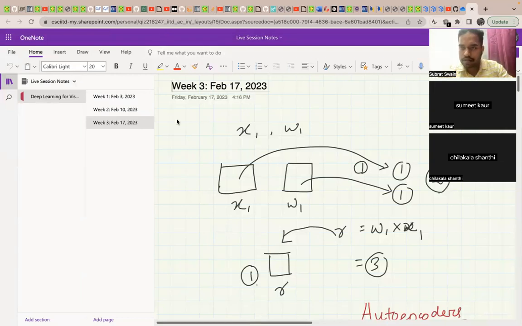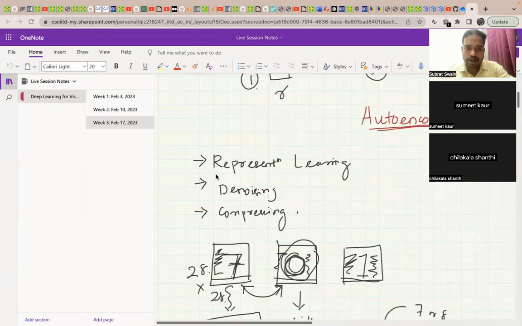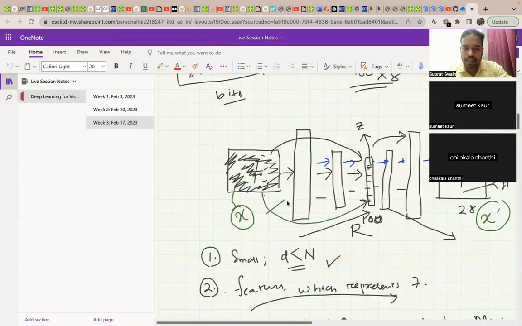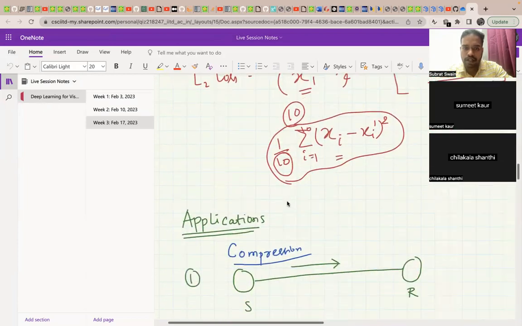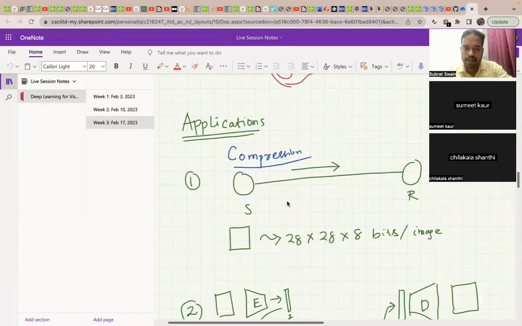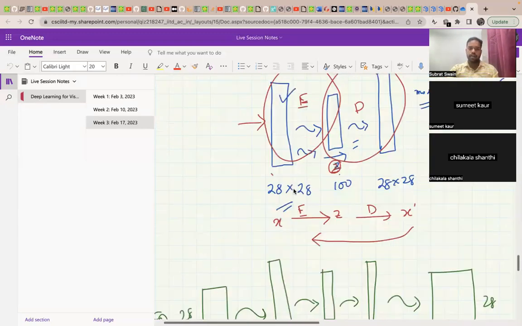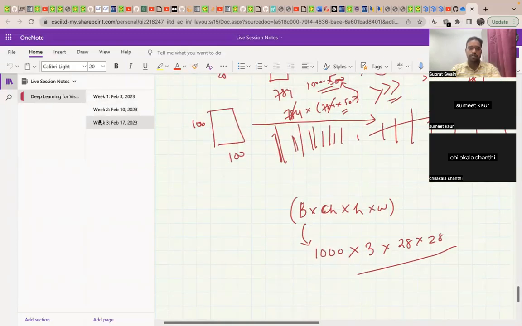Yes. Okay. So the last class we started with autoencoders, and we pointed out the things autoencoders do, like representation learning, denoising, compressing, and all these things. Then we specified the loss of autoencoder, and then we also specified the application domain of autoencoder. So last class we completed autoencoders. So this week we'll start with